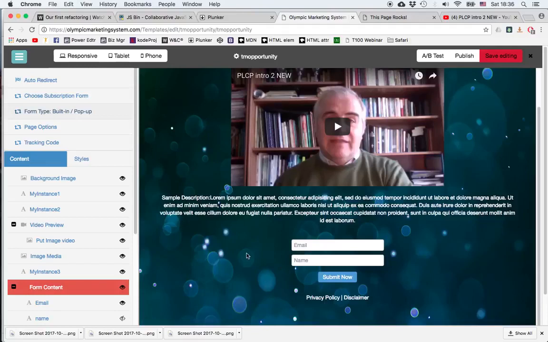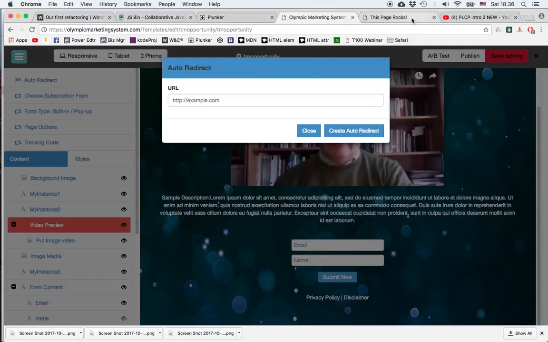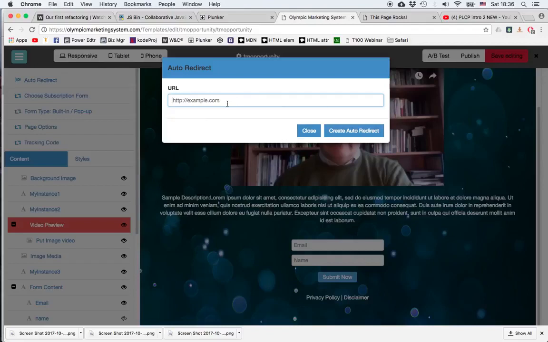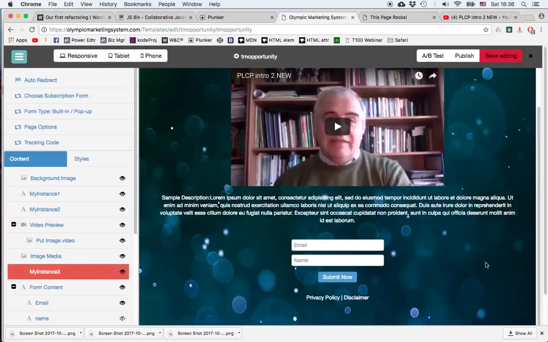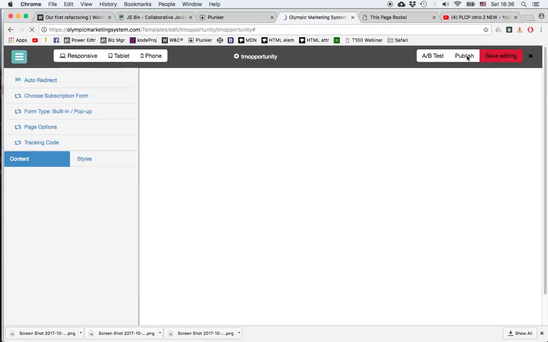Now, another thing I have to decide is the page that the prospect is going to see after they submit their information. So I have to go to auto redirect, and let's say I want them to see this page when they're done. All I have to do is click the link, copy it, paste it here, create auto redirect. I get the confirmation from OMS, and now I'm pretty much ready to go. I'll hit save editing, and this is something one should do quite often. Hit publish,